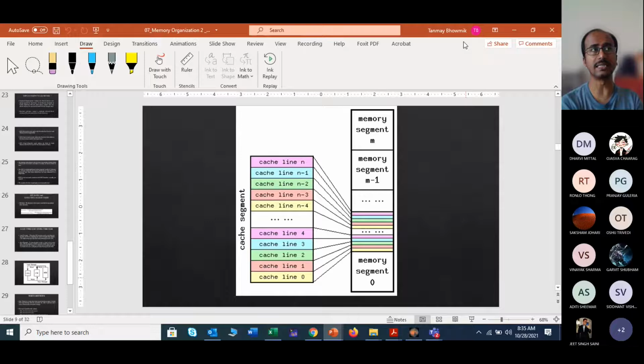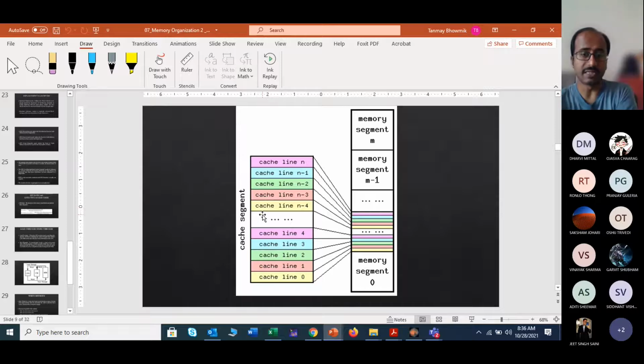So this technique actually can be managed by some kind of mapping procedure. Okay, so this mapping technique we will discuss today, right? And in this mapping part, there are different kinds of mapping like associative, like direct, like set associative. So gradually, one by one, this will be discussed, right?